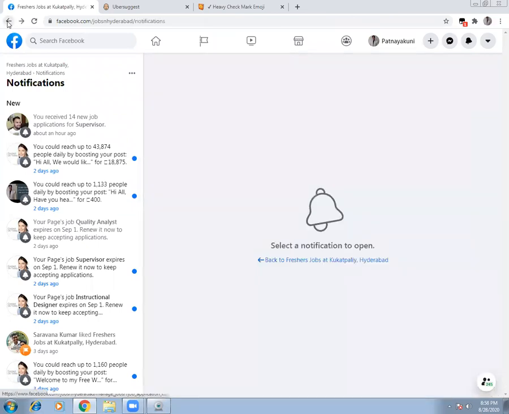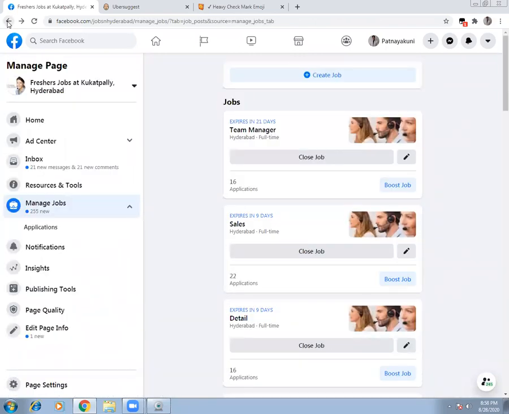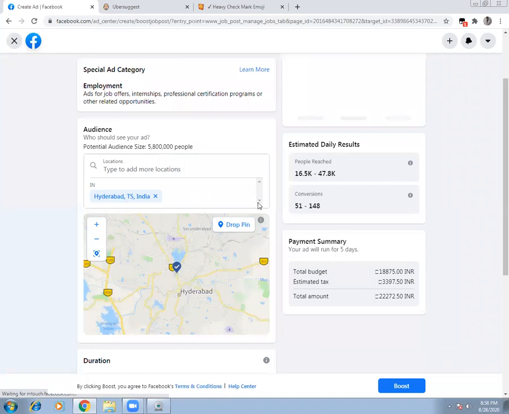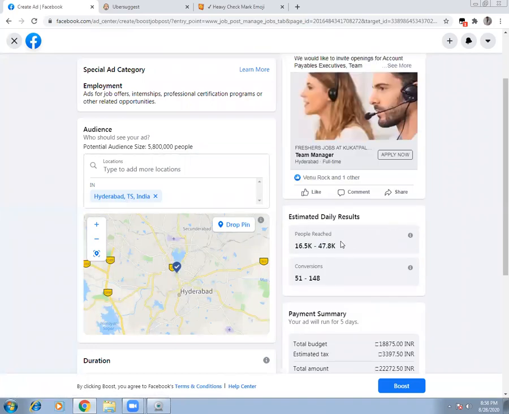Now imagine you are selling bank related products and you are a banker. Now you are selling credit cards, home loans, personal loans, etc. Create one post for each. And your data of customers is classified, and it is so very easy for you to reach out to them without any difficulty. And whenever you click a boost job, then it will ask you, just look at this, how much money you want, what is the duration. We did this yesterday. How many people can be reached, how many conversions you can get.